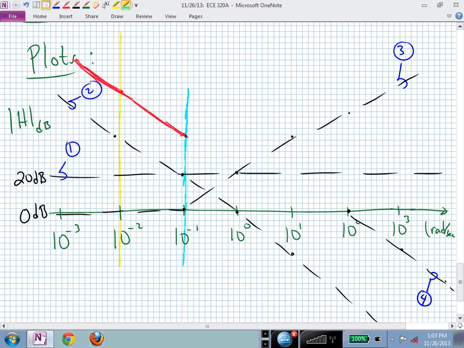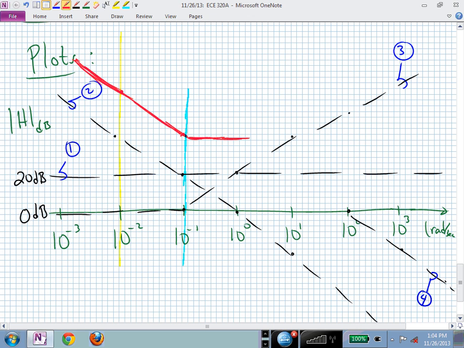Then what do I experience? A change in slope of plus 20. Minus 20 plus 20. Now I have 0 slope. My slope now is flat. And I know where that is. That's supposed to be at 40 dB. And I keep going flat